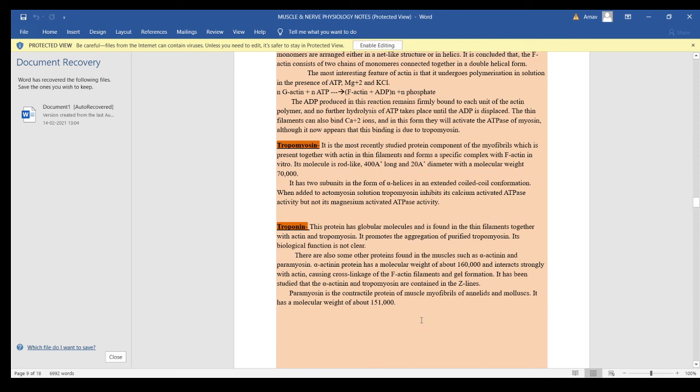What I wanted to tell you, one more thing, is that the cross bridges are seen at a distance holding the myosin and the actin filaments when they are in the relaxed state, and during contraction the cross bridges get attached with the myosin filaments, and the actin filaments slide in the spaces between the myosin filaments during the sliding filament theory of muscle contraction. So with this we have completed our first unit.